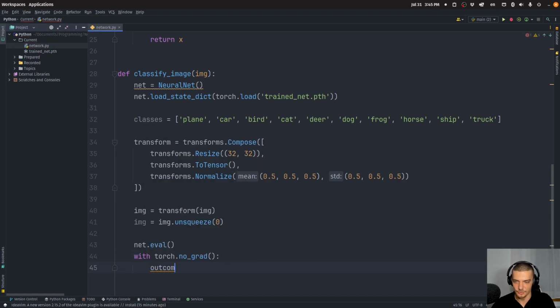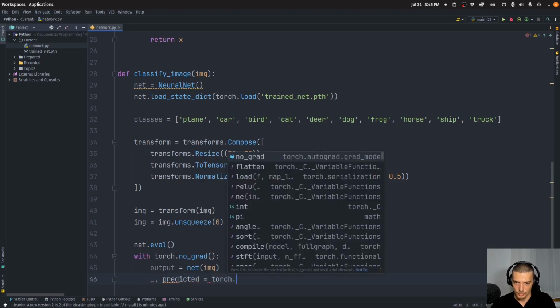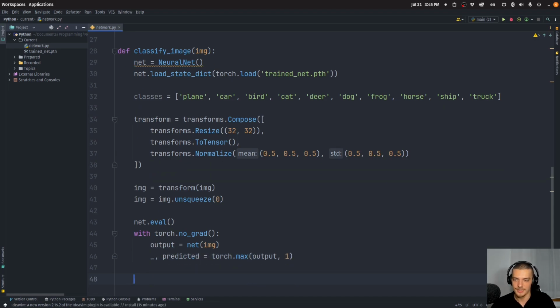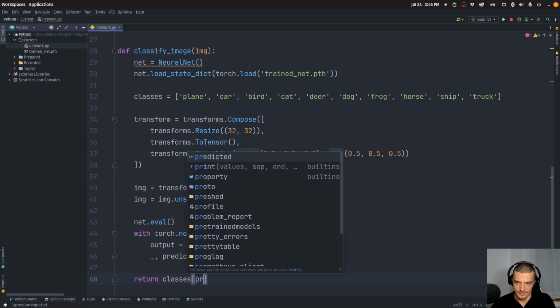We're going to say that the output is going to be equal to predicting what the image is with the net. Then I get something that I don't need, and the predicted is equal to torch.max, and I want to get the maximum value of the output. I want to get just one value here, and then I return from class names, so from classes, I return the predicted